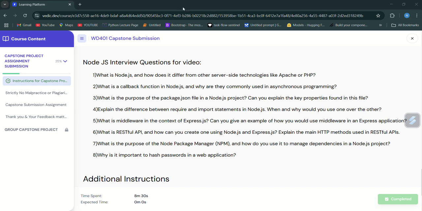And now let us see the seventh question. What is the purpose of Node Package Manager (npm) and how do you use it to manage dependencies in a Node.js project? npm, Node Package Manager, helps you to install, update, and uninstall Node.js packages and manage project dependencies via package.json. And the usage,